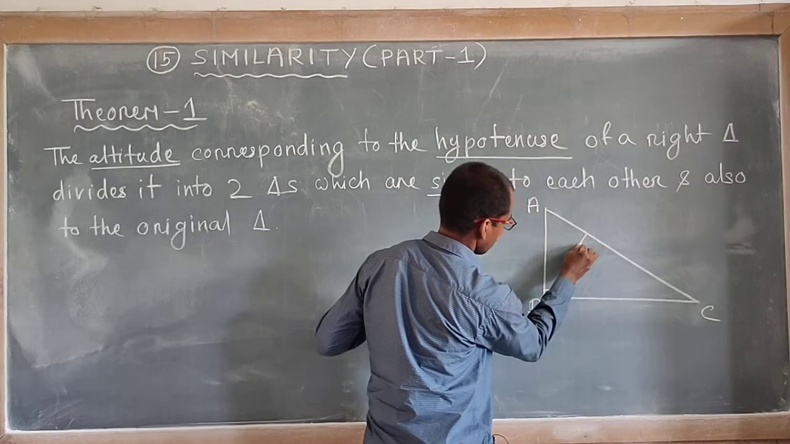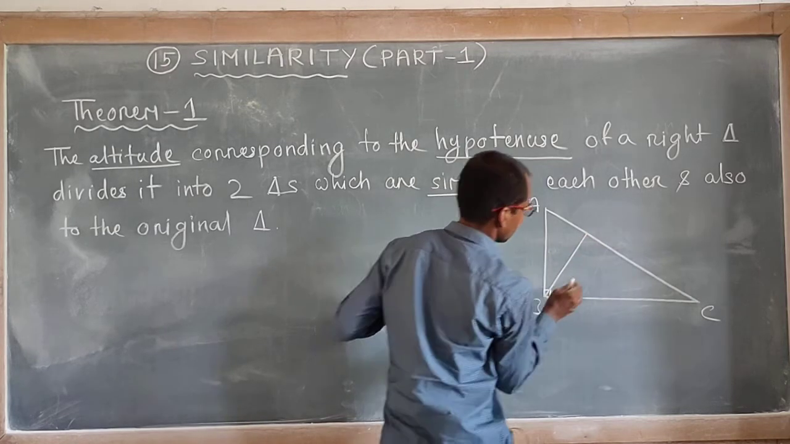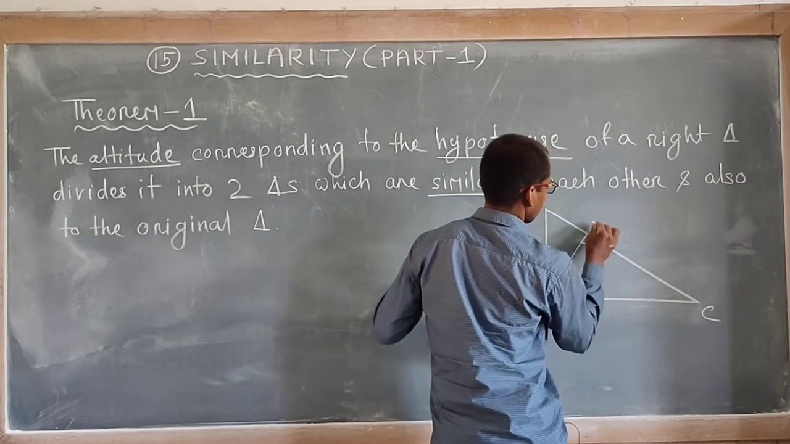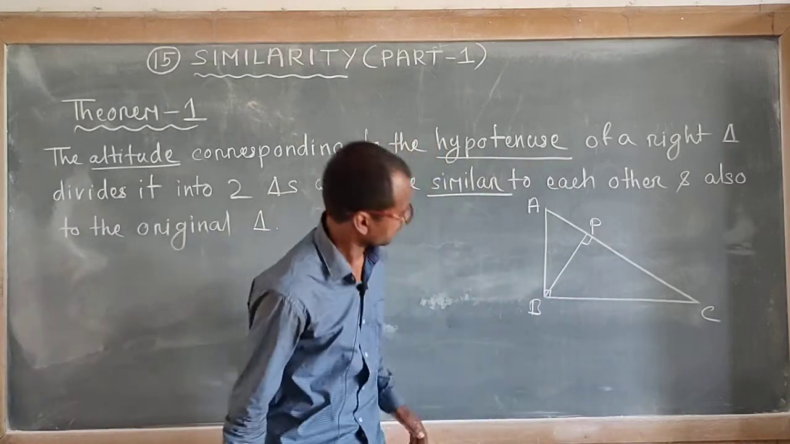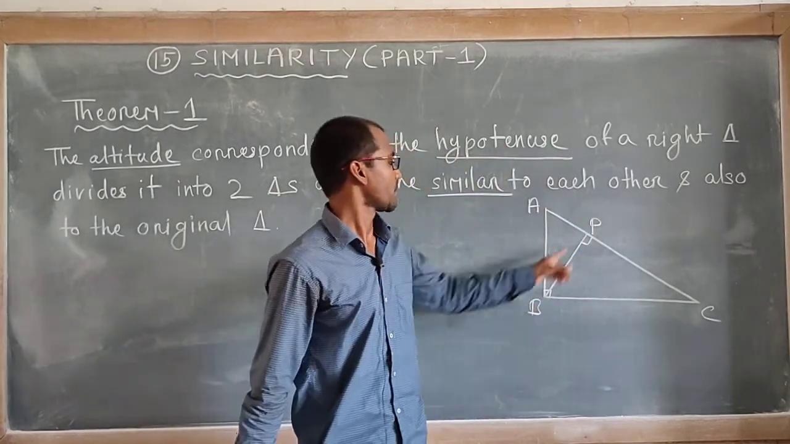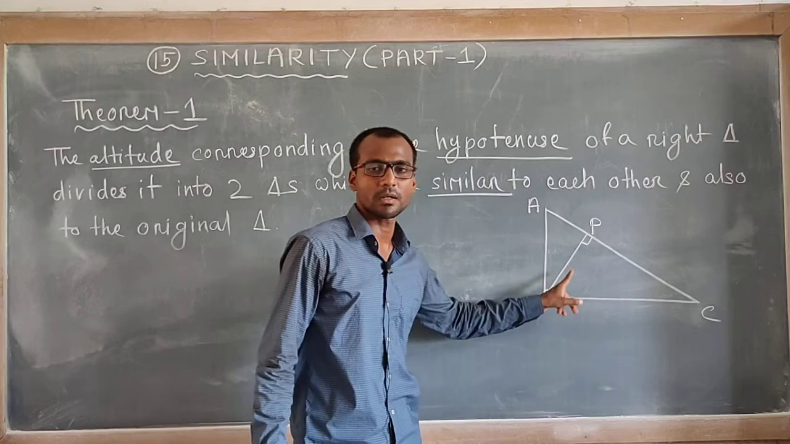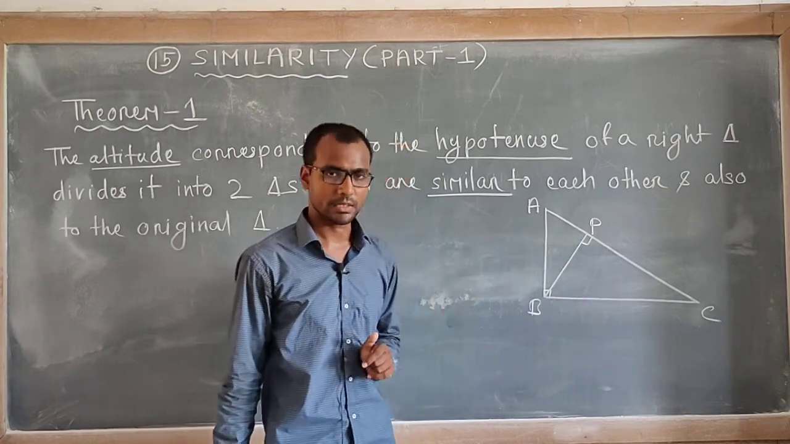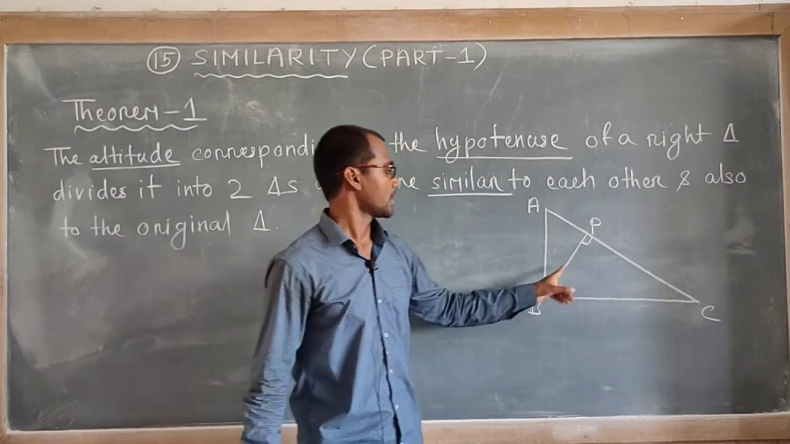So let us draw. Suppose this is P. BP is perpendicular to AC. So BP is the altitude corresponding to the hypotenuse AC. According to this theorem, this BP